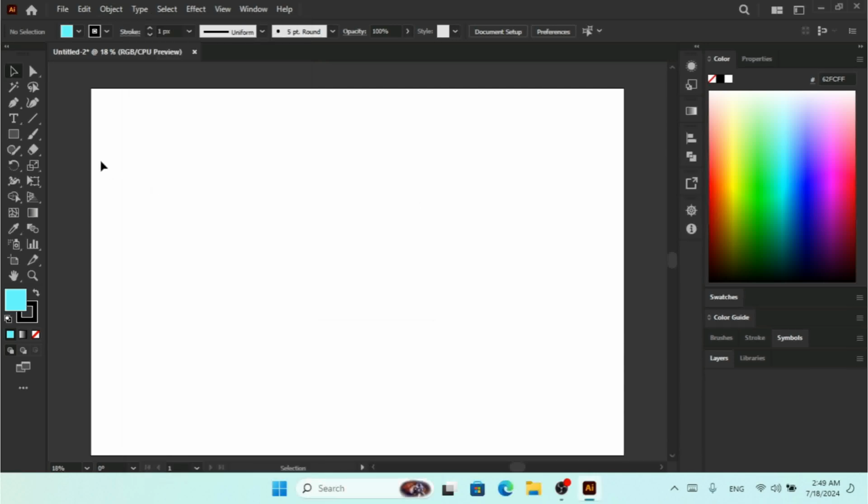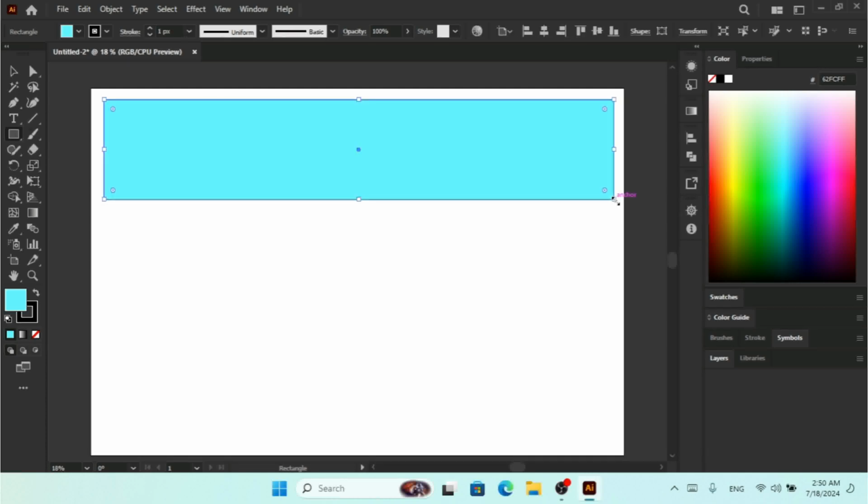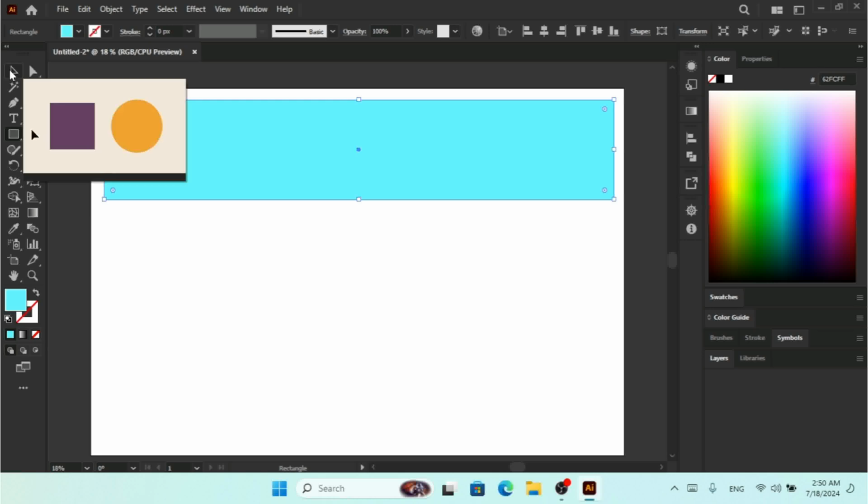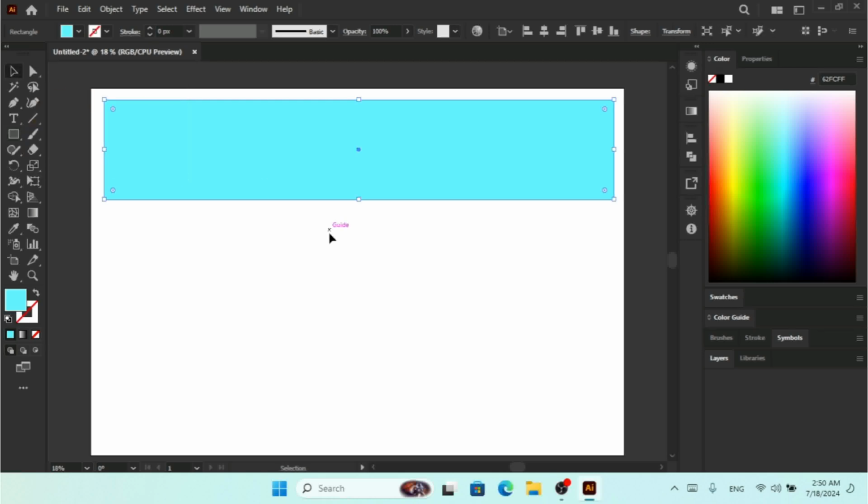So here I want to create this user interface, which is my header. This is going to be so simple, guys. I'm not going to create the whole user interface for any web page. So I'm going to create just this header so I can show you how we can use the options here